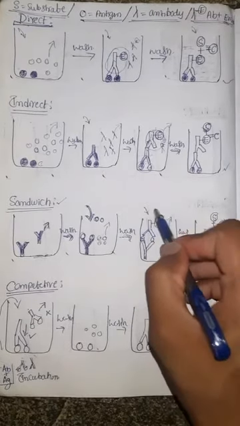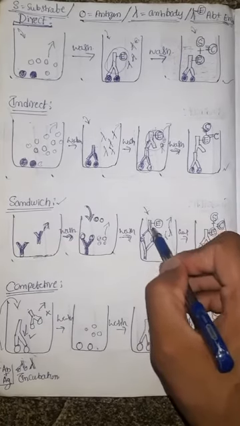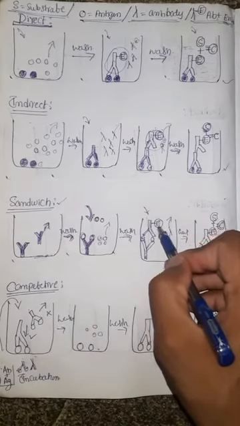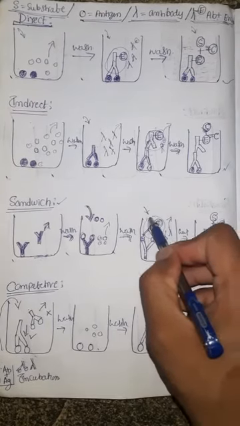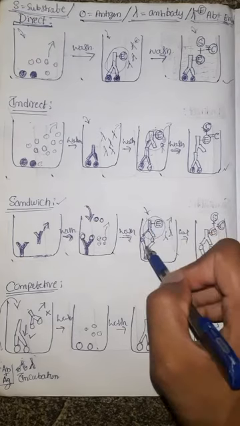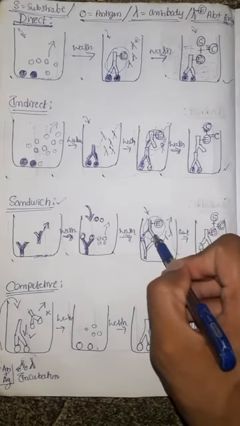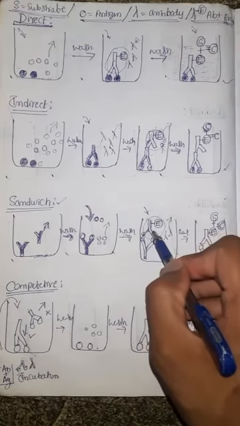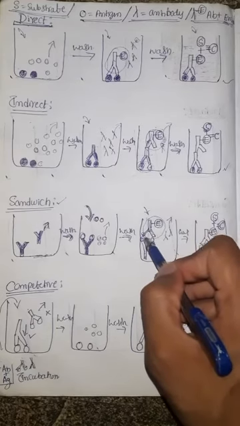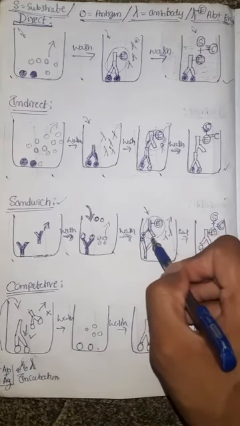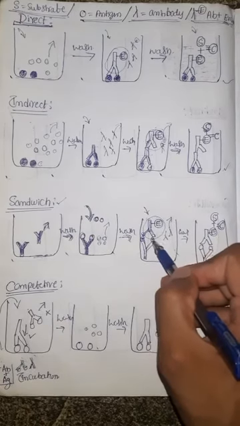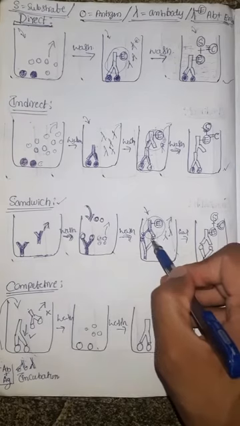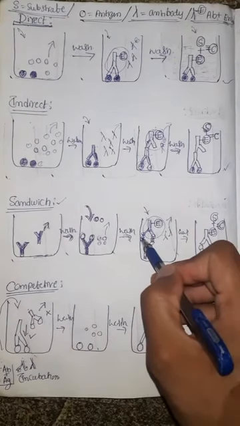In this step we have to add one more complex, that is an antibody which is conjugated with an enzyme. We have to add this composition into this well, so that with the help of paratopes present on these antibodies, they will go and attach to this antigen, because one antigen consists of many epitopes. That's why, with the help of one epitope, this antigen and these antibodies are attached.